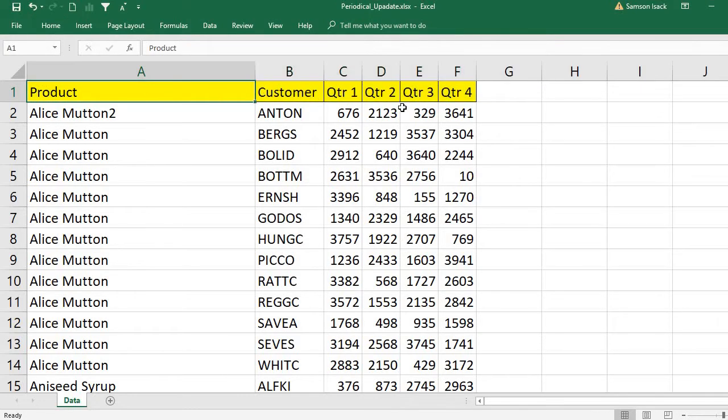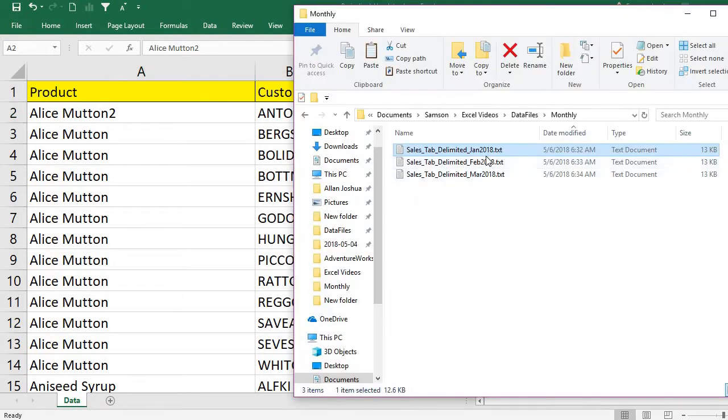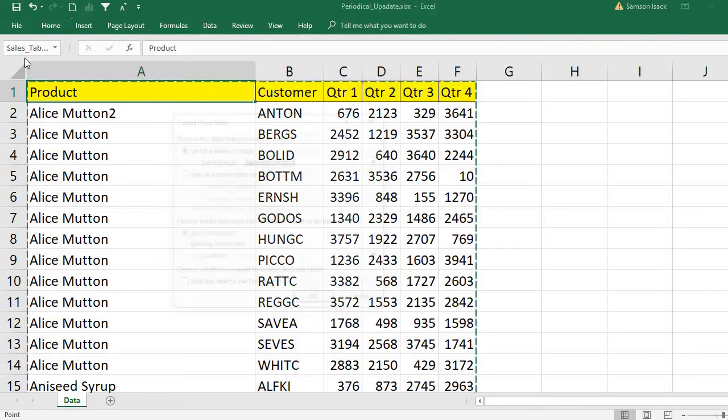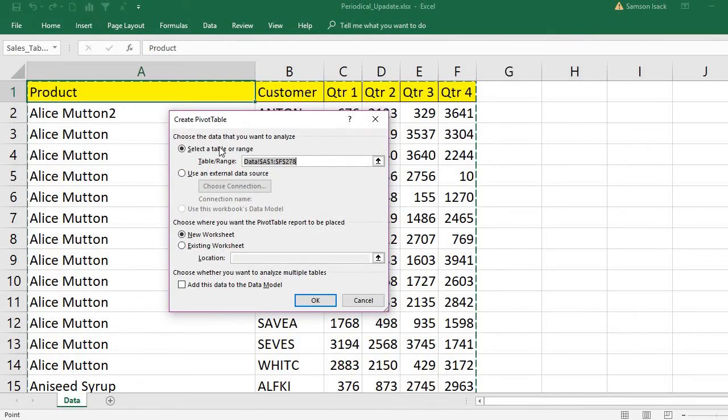So now what you have is data. This is the data header and this is your data. Interestingly, you received your data from the January file, and it is already there in your worksheet. Now you need to create a pivot table on this data. So how do you do that? Go to Insert, PivotTable. Now you have the pivot table records, but it's selected up to 278